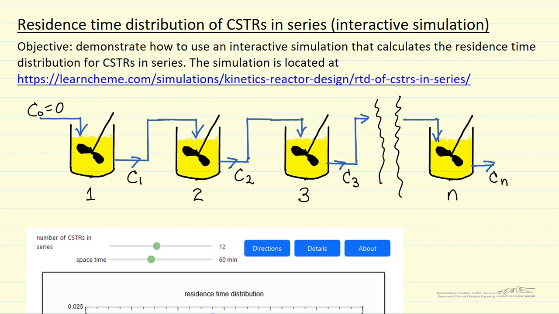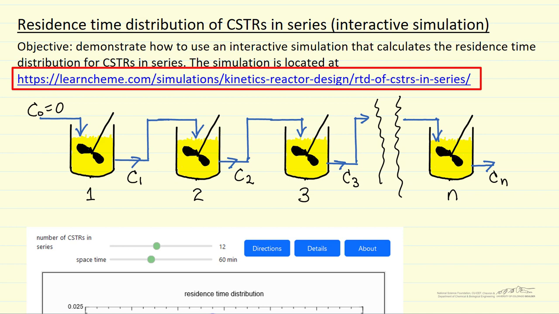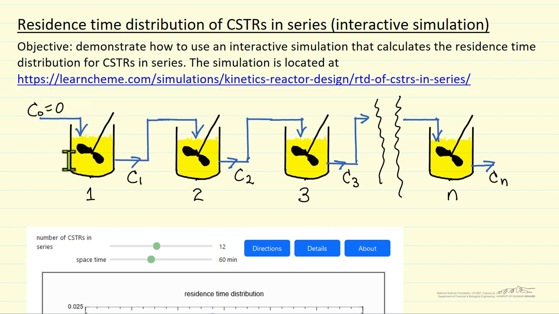I'm going to describe how to use an interactive simulation that models CSTRs in series and their residence time distribution. The simulation is on the LearnChemE site at this link. And the idea is we have the CSTR where we have a feed in the first CSTR, and the exit